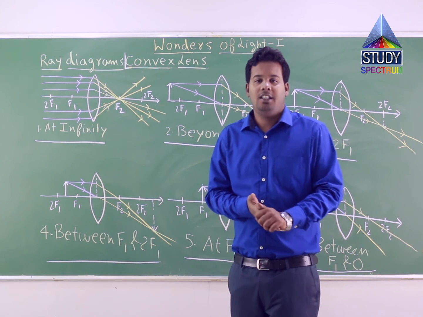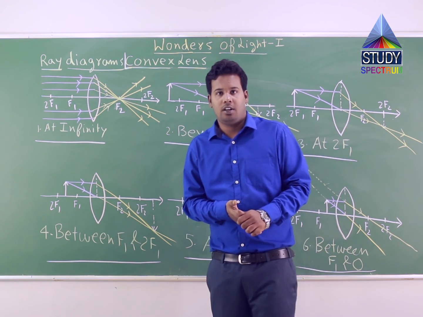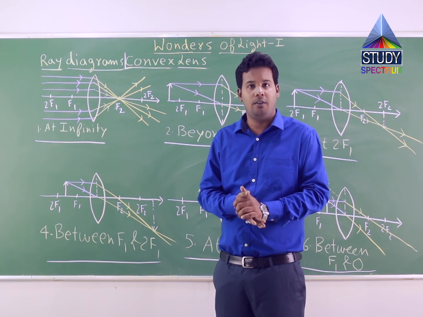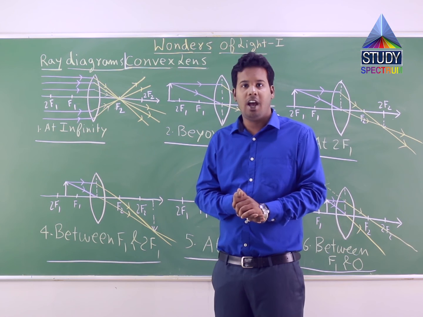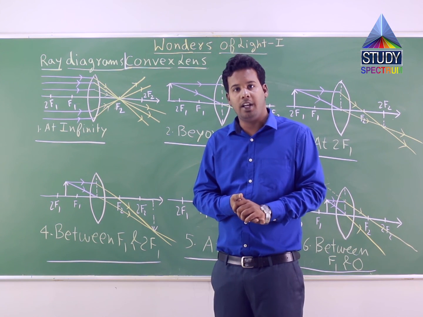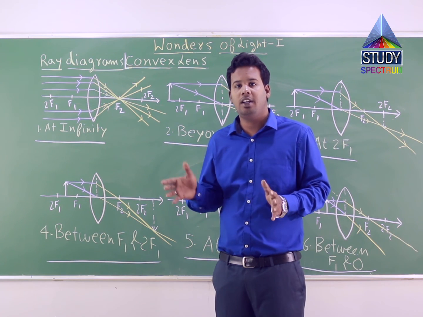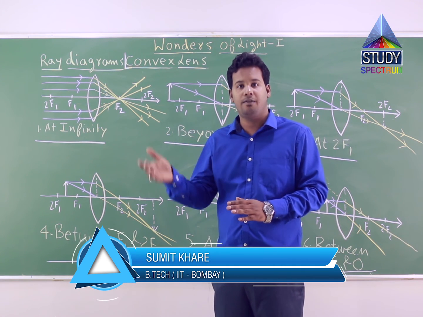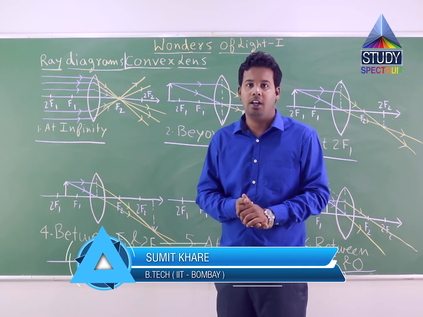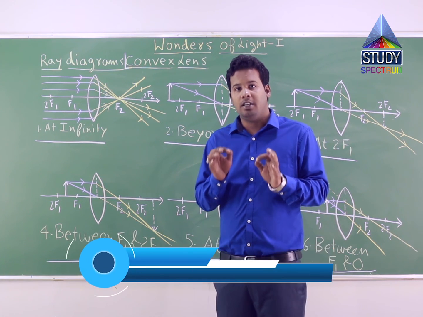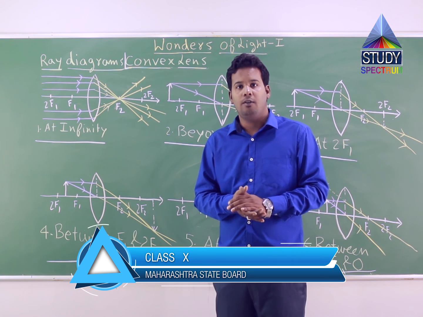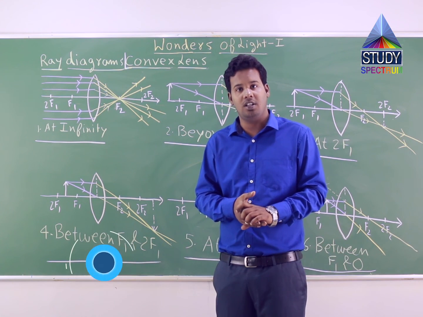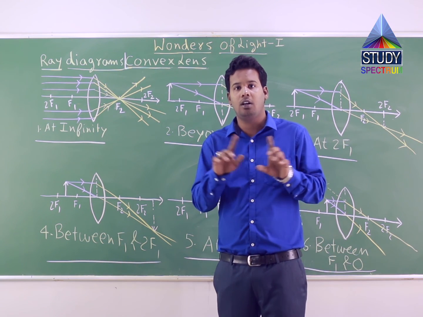So, after seeing the rules for drawing ray diagrams for convex lens, let us again see the 6 cases of position of objects placed in front of convex lens. And for theoretical questions, we have seen how if we take r is equal to 10 and f is equal to 5, how easily we can learn that table of 6 possible cases of position of object placed in front of convex lens in a quick session of time. Correct? Please do remember, every time I keep on saying, for theoretical questions you have to take r is equal to 10 and f is equal to 5, because it makes our calculation easy, and in a very quick session of time you can learn that table.